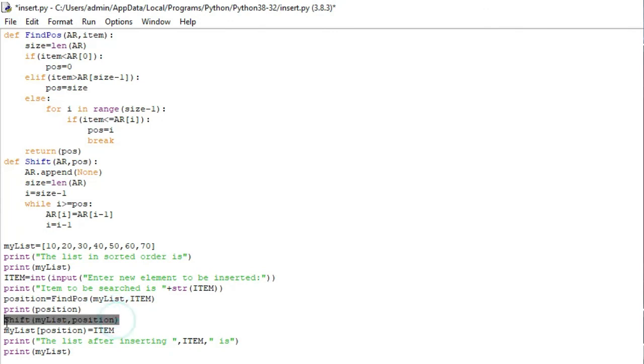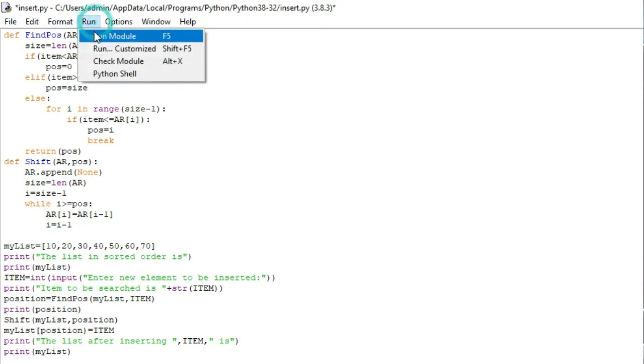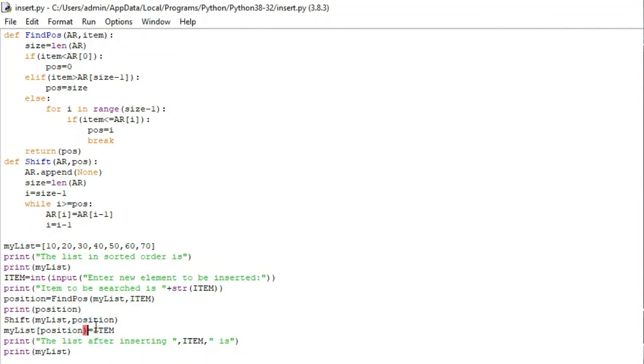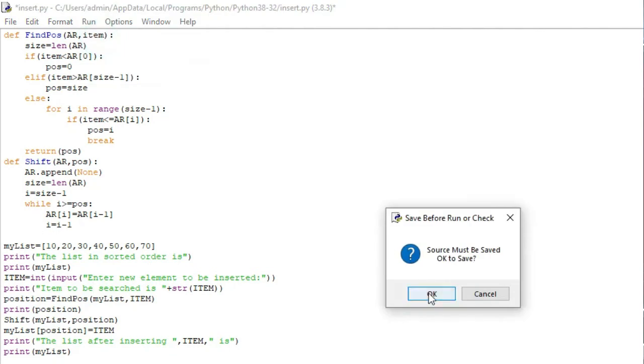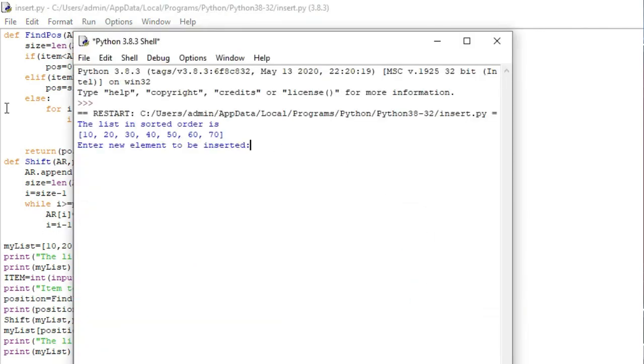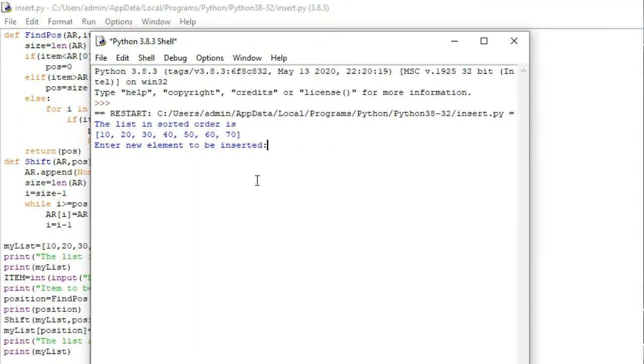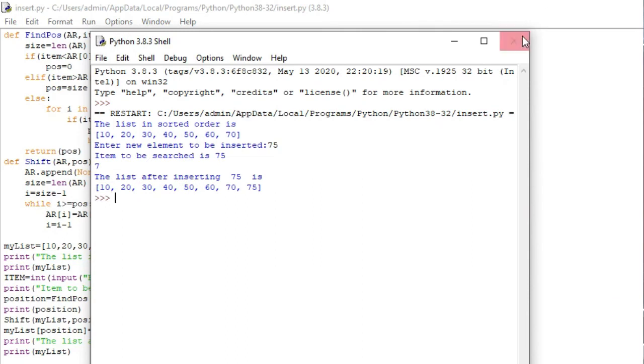Since we have executed this, it will keep all these elements. I'm inserting on first position, so it will be 5, 10, 20, 30, 40, 50 and so on. I'm inserting an element, let's say 75 at the end, so this will be the array.